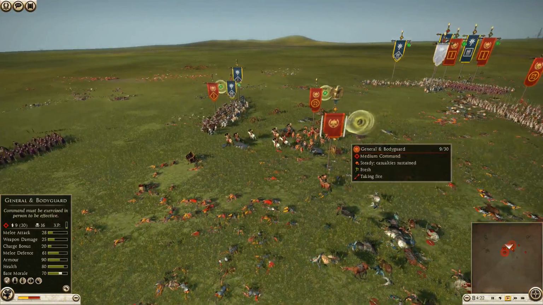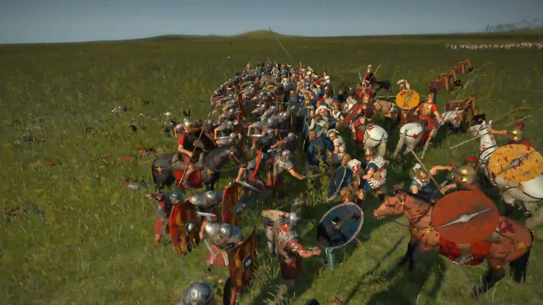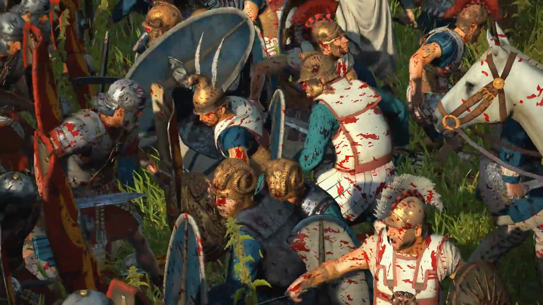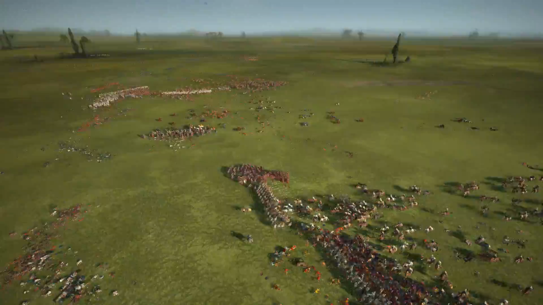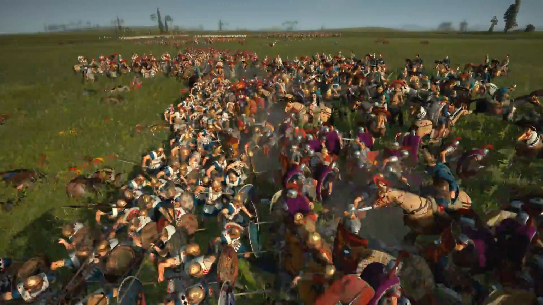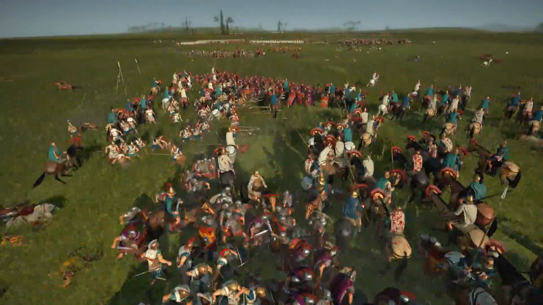Oh no, he is steadying, but again, man, volleying, but good charge into the back of the Pontic Royal Swordsmen here. And they actually have, like, ram's helmets. That's pretty sweet. That's really cool. But I don't want to zoom in on any one battle just yet. Here we go. Perfect opportunity to charge the Praetorian Cavalry in the back with the Royal Pontic Cavalry,